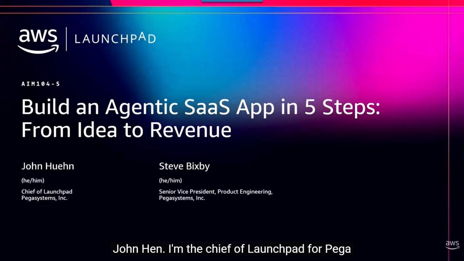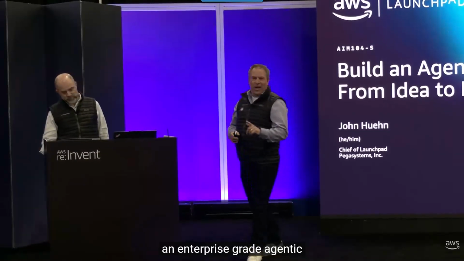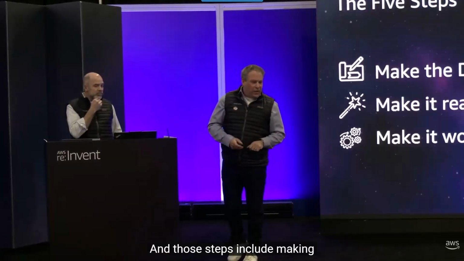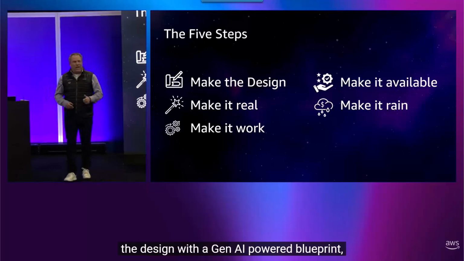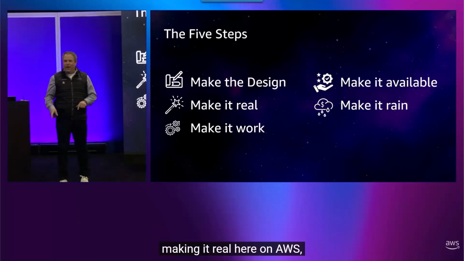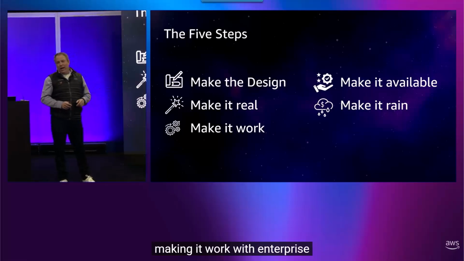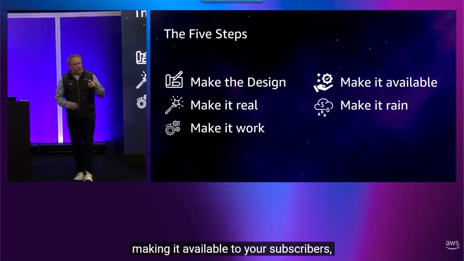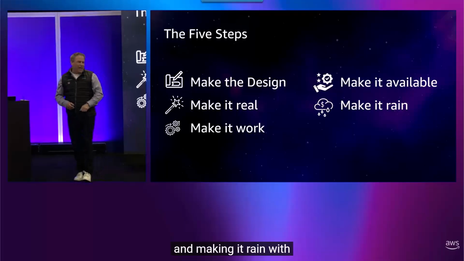I'm the Chief of Launchpad for Pega Systems, and with me today is Steve Bixby, who is our Senior Vice President of Product Engineering, and we are delighted to be spending the next 20 minutes with you building an enterprise-grade, agentic SaaS application that can run a complex and regulated process and be sold to thousands of B2B clients in just 5 easy steps. And those steps include making the design with a GenAI-powered Blueprint, making it real here on AWS, making it work with enterprise capabilities, making it available to your subscribers, and making it rain with real live